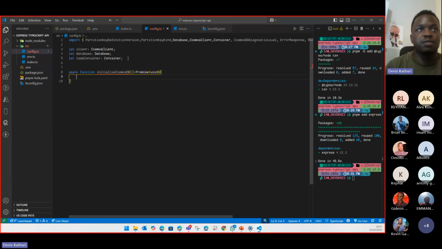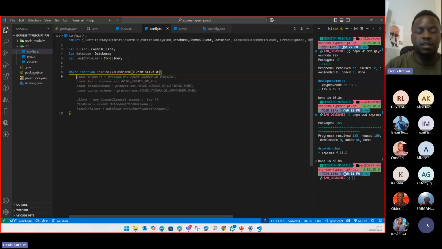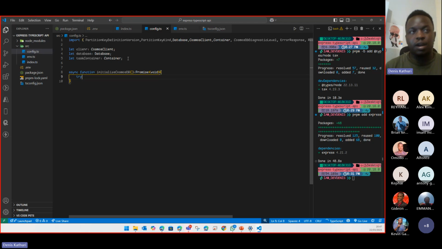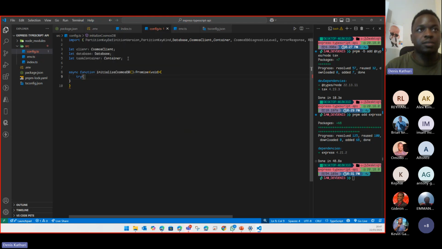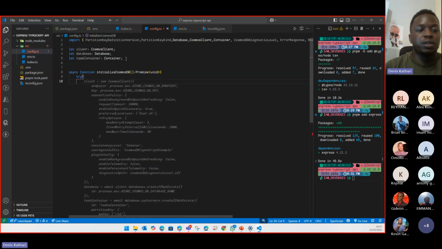Then on this function, I want to use a try catch block to make sure I'm catching any errors. In case we have any errors, we'll be able to use our catch block to catch them. So our catch block. And inside our try, we now want to create a new instance of our